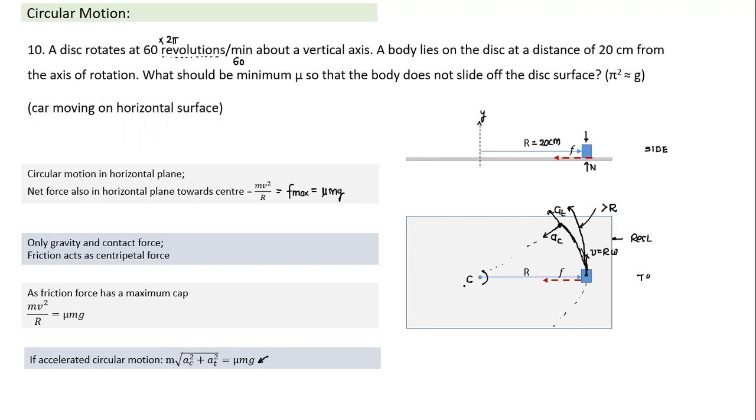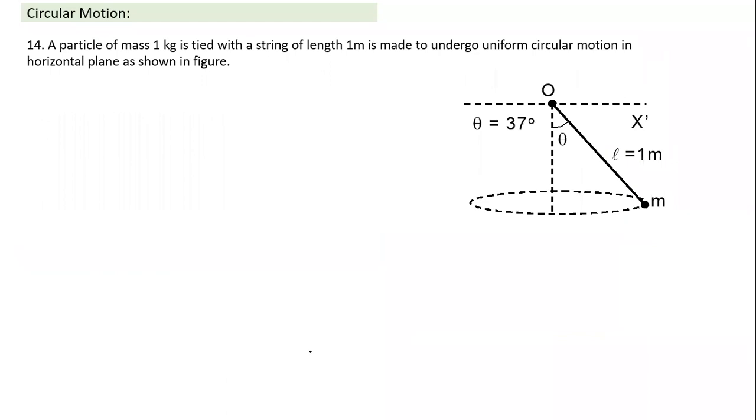So these are two states. One is moving with no tangential acceleration, where m times a_c is equal to mu mg in the limiting state. Or if it is moving without slipping, then mu mg is greater than or equal to m a_c. This is the limiting state. I hope all of you understand what the limiting state is. Okay, now let's move on to the other case.